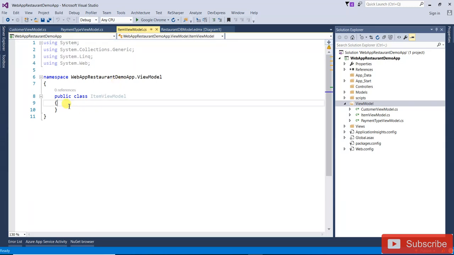What's actually the main purpose of the view model? In the database tables there are so many columns which are not required in MVC, like date and all those things. Some of the fields are not required in the MVC where I am going to use. So that's why we are creating the view model. A view model is basically the fields which are required, and those fields I am going to add in the view model. And another part is that if you are going to change anything in that entity or table in the database, just like if you change a particular column name,